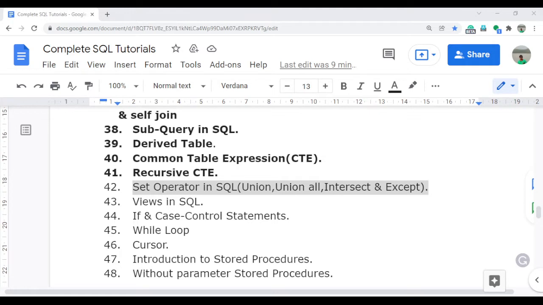In this video, I am going to discuss the set operators, which are union, union all, intersect and except. For the interview point of view, union and union all are very important. Basically, they ask you questions like what is the difference between union and union all, and what will be the impact